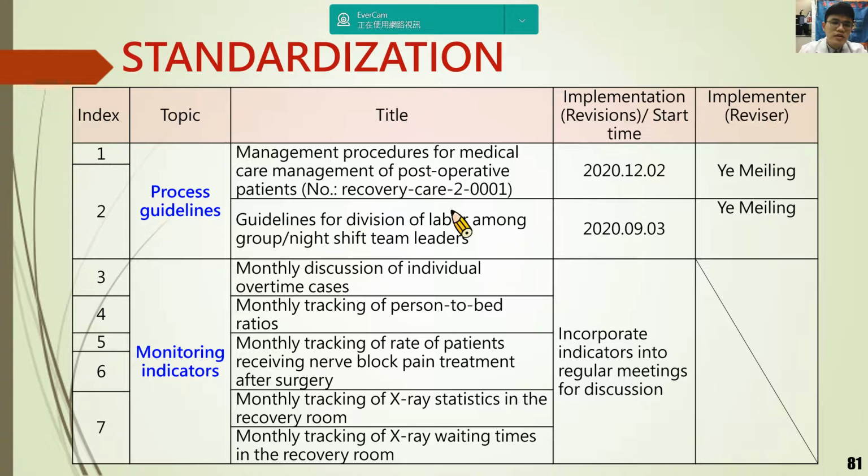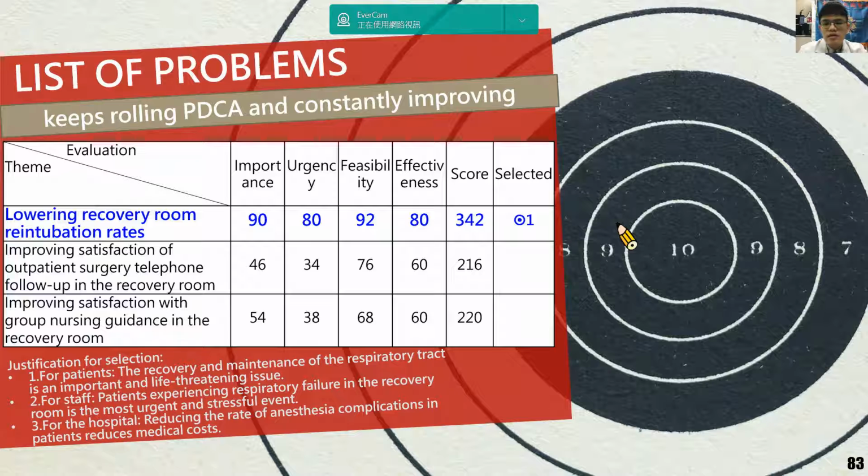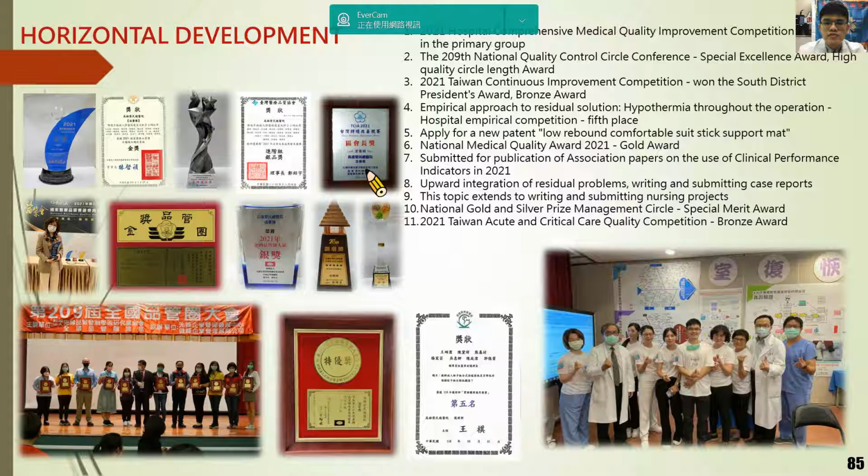So for standardization, we list the process guidelines and monitoring indicators. And for the next issue, we choose lowering the recovery room re-intubation rate. For summary,